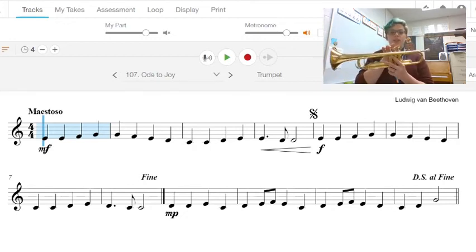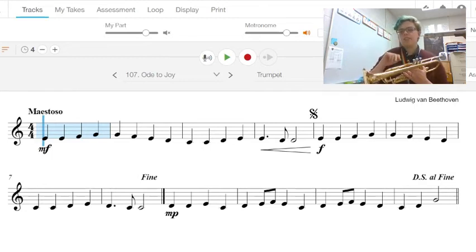Ready and go. D, D, E, C, D, E, F, E, C, D, E, F, E, D, C, D, G. Okay, it's a little tricky. Let's go ahead and play that. 1 and 2 and 3 and...